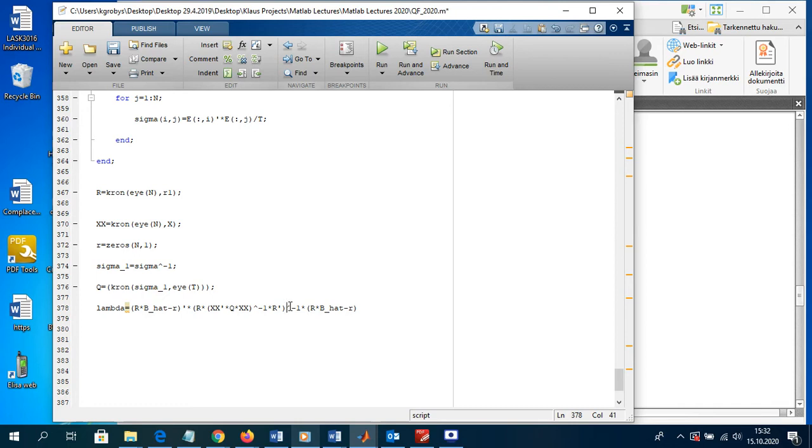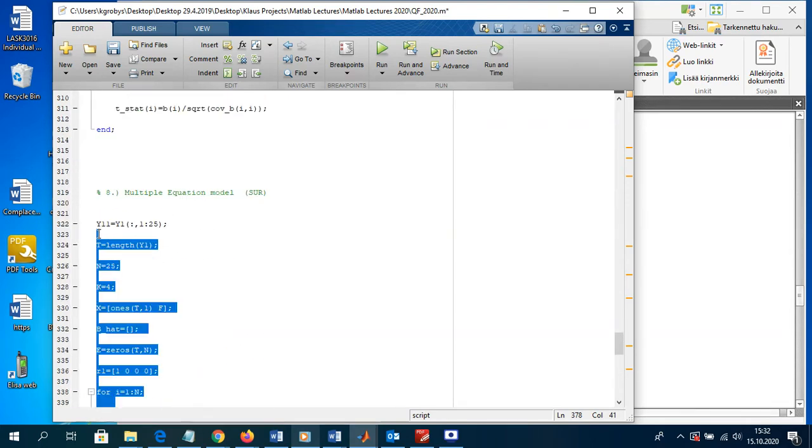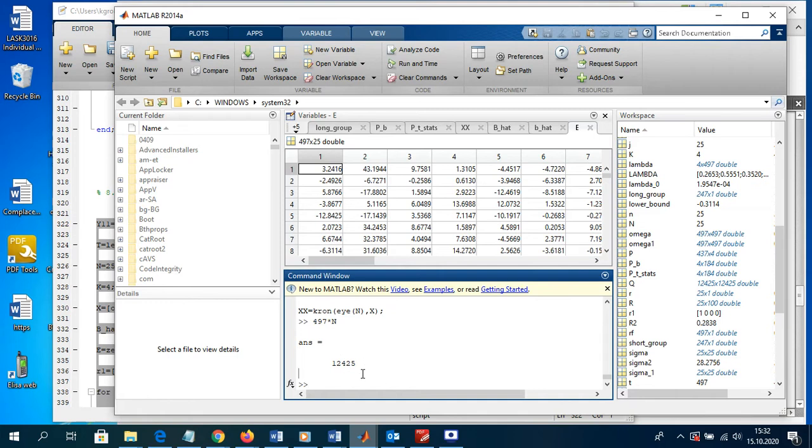So that's now what we want to test. Let's run the code and see what comes out. Copy everything into the command window and push the enter button. It takes a while now because these matrices are huge, obviously. And the test statistic is